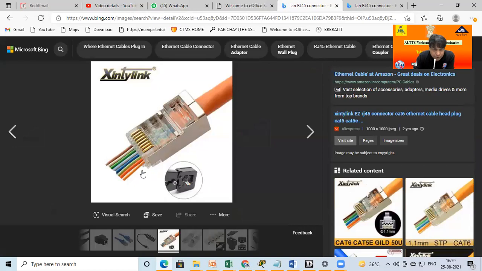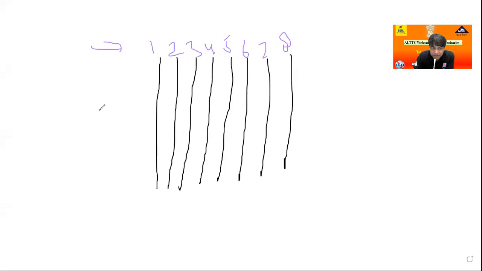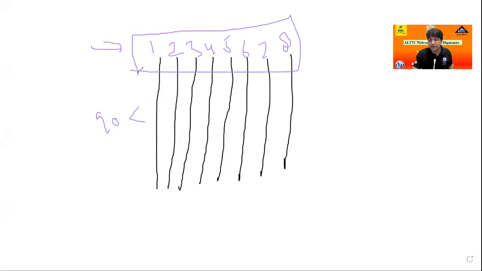So if I put 1, 2, 3, 4, 7, 8 in sequence, and on one side 1 to 8 in the same sequence on the other side, because I already told you the maximum length of this cable is 90 meters, anything below that doesn't matter. On one side I use the RJ45 connector and put in this sequence.